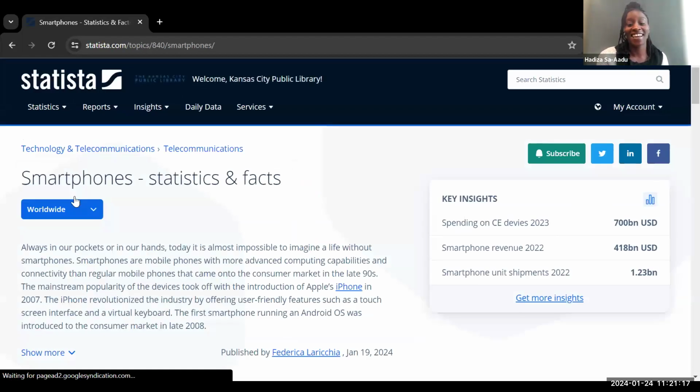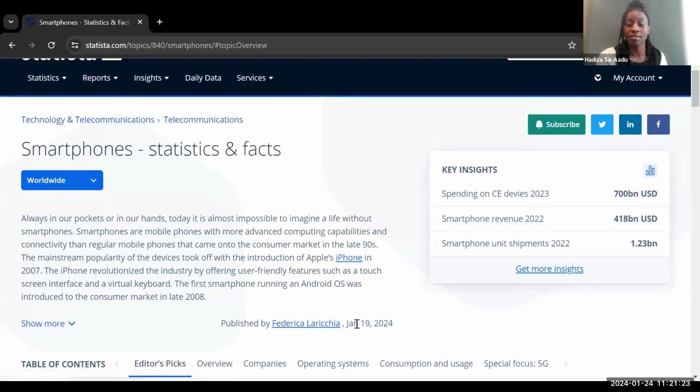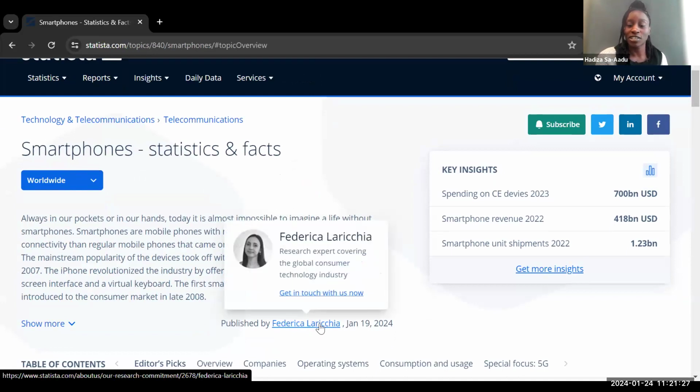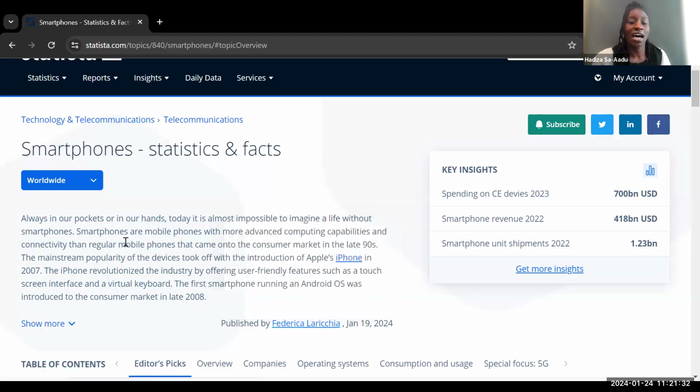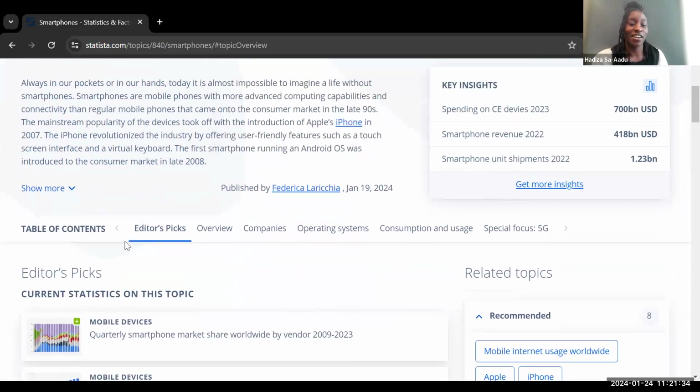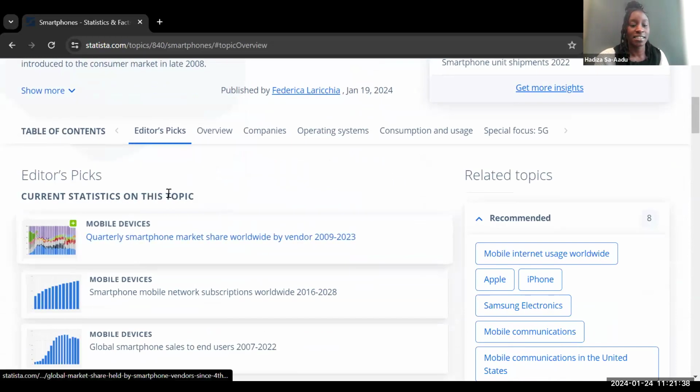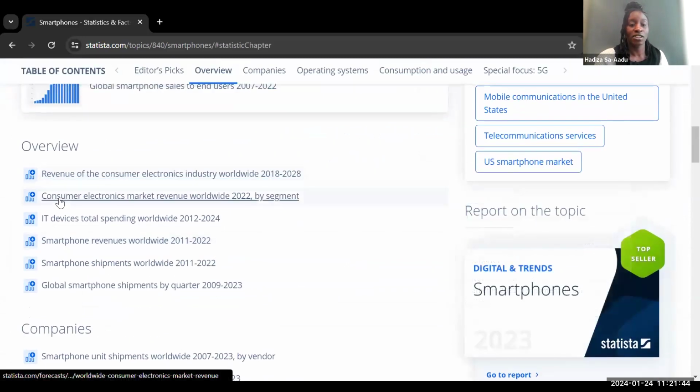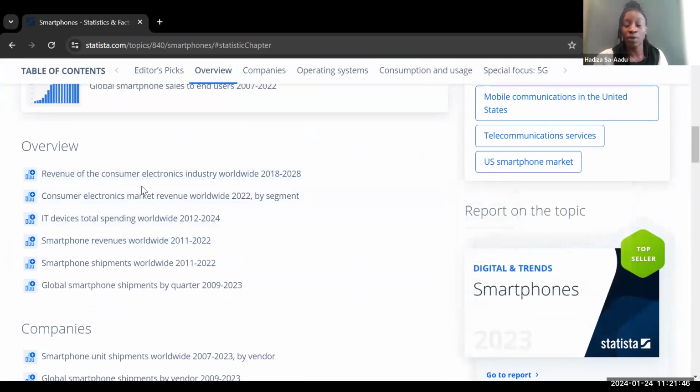And this was an article published not even a week ago, 5 days ago, by Frederica Lerici, who is a research expert covering the global consumer technology industry. So we've got a table of contents here. Let's take a look at the overview here. So we've got revenue